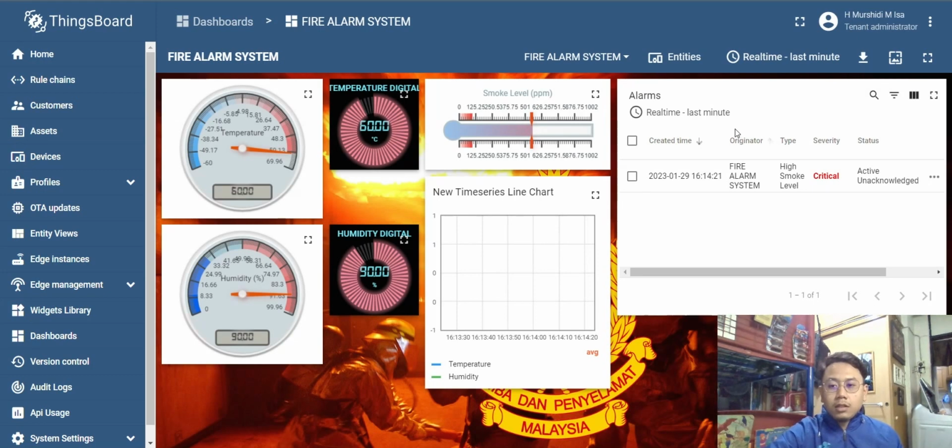Alright, let's see. In the alarm table, we see that the high smoke level alarm has already been triggered when the smoke level is greater than 400, which we already set in the alarm section. So it shows the critical that we already set. So that is how this project works: we monitor the value of temperature, humidity, and smoke level to make sure whether fire is present in the